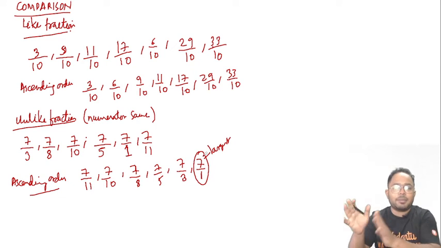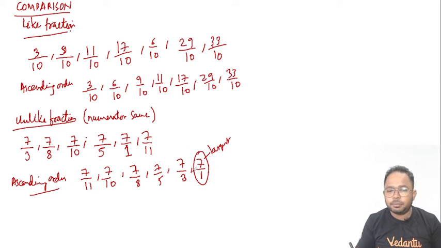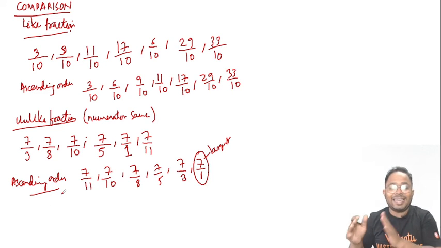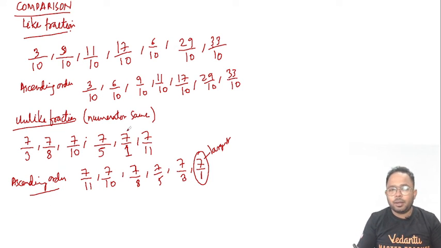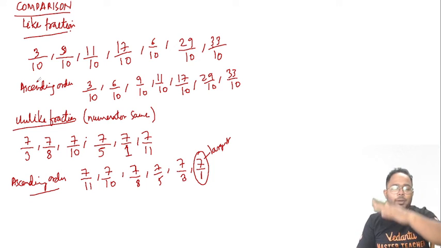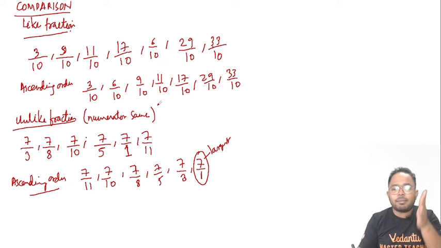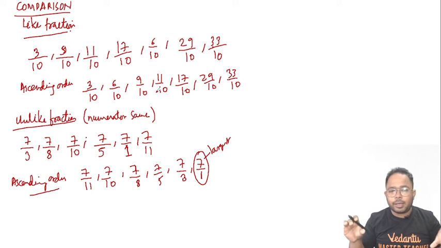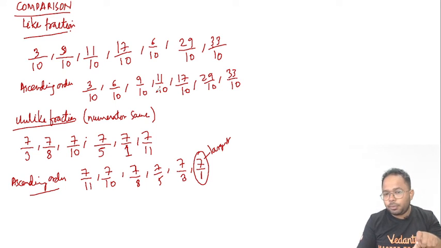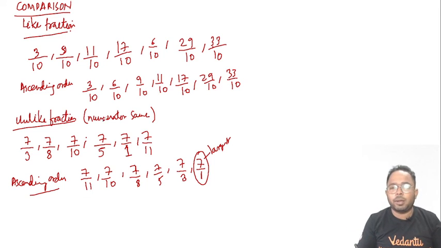Among these, it becomes the largest or the biggest number. If we are writing in ascending order, छोटा से बड़ा, ठीक है। तो कंफ्यूज नहीं होना है, लाइक फ्रैक्शन अगर होता है, डिनोमिनेटर्स आर सेम, विल लुक इनटू द न्यूमरेटर, जो न्यूमरेटर बड़ा हो वही बड़ा होगा। अनलाइक फ्रैक्शन में न्यूमरेटर्स हमारे सेम हो तो डिनोमिनेटर्स को देखेंगे, डिनोमिनेटर में जो सबसे छोटा होगा वही सबसे बड़ा नंबर होगा, ठीक है।